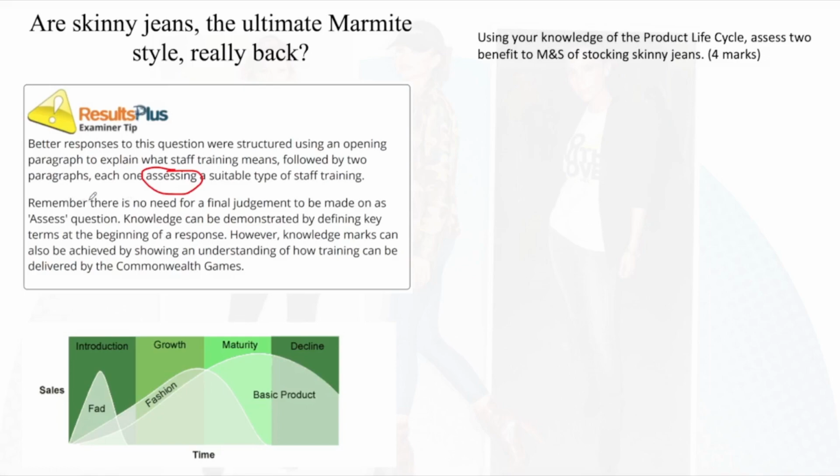So remember, there is no need for a final judgment. So there's no conclusions for these. I'll repeat that for you. There are no conclusions for these, but there are for 10, 12s and 20s. Knowledge can be demonstrated by defining the key term at the beginning of the response. However, knowledge marks can also be achieved by showing an understanding of the key term. My advice is start off with a definition, because then I will look at this, okay, right, using my knowledge